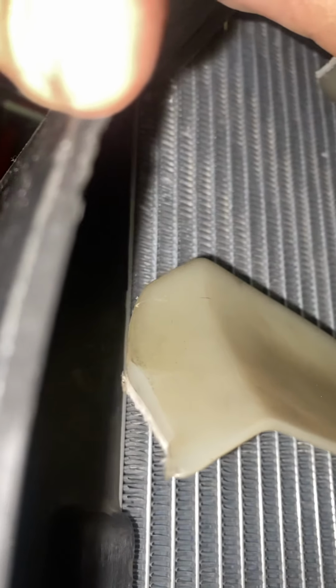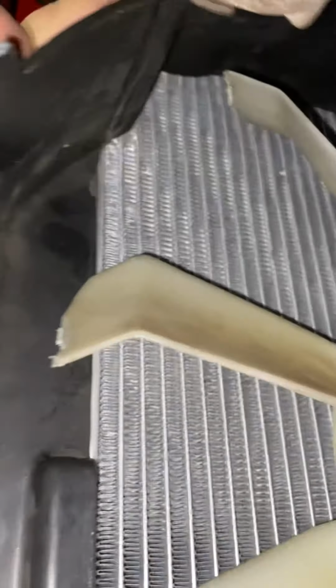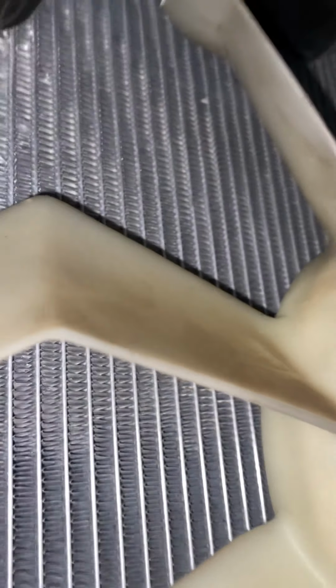The reason I had to cut the fan shroud is, I don't know if you can see it in there. I guess it's been hitting for a while, but I didn't notice it. I haven't really heard it, so I'm guessing this self-clearanced at some point. Probably before I owned it. But for some reason, this shroud won't